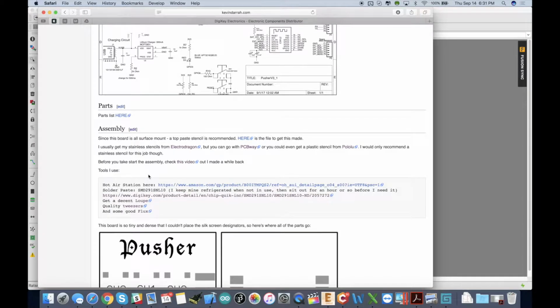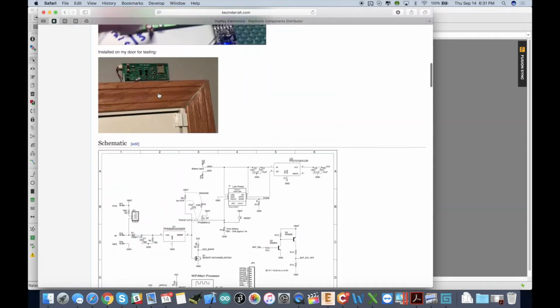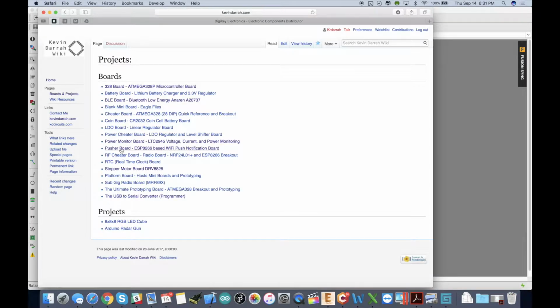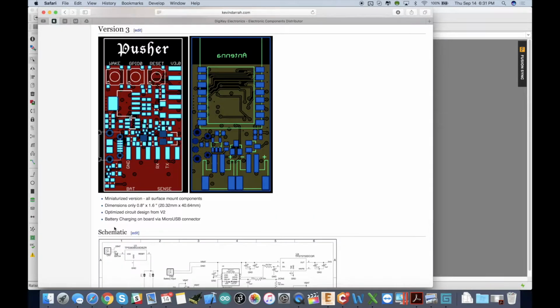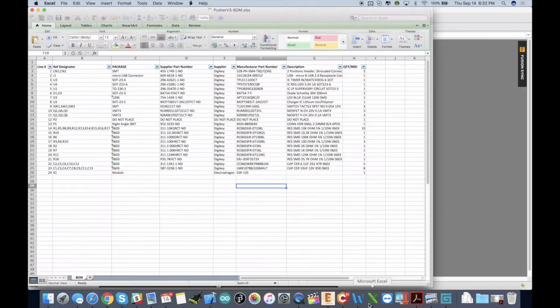Okay, we're just going to talk about how to take a parts list and upload it straight into Digikey. Specifically, we're talking about assembling the Pusher V3 board, and I'm just going to the wiki here, down to V3, and here's the parts list. I always generate my parts list, or bill of material, BOM, in the same format. So if we launch that up real quick, here is the parts list, and this is the quantity for one